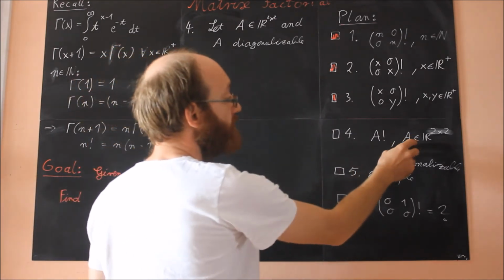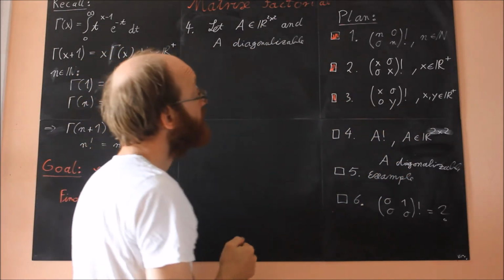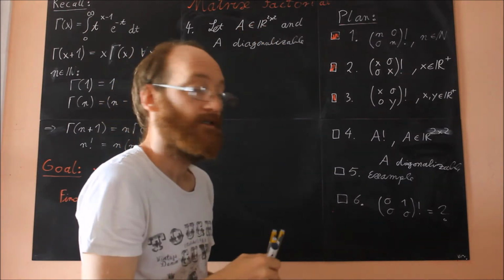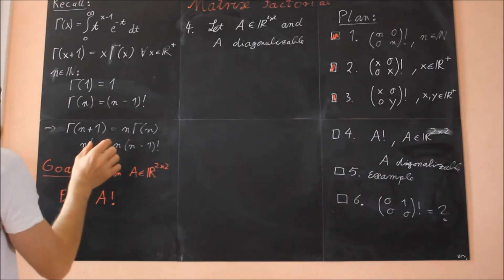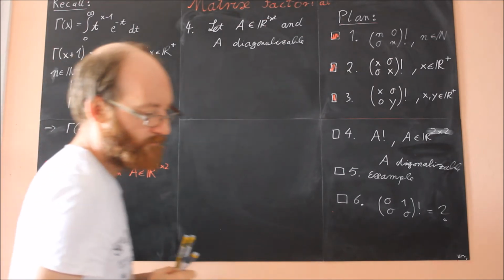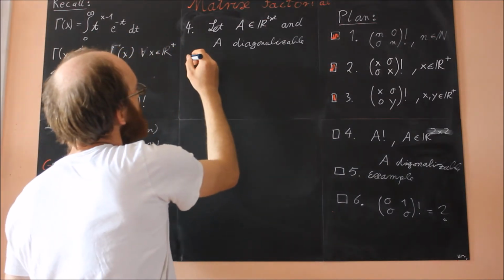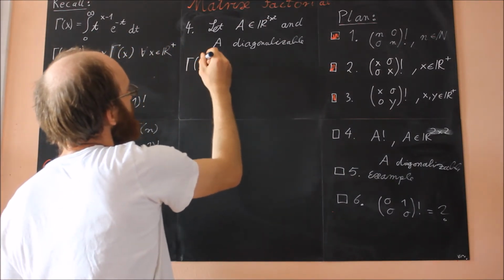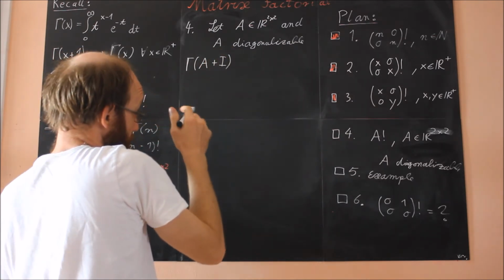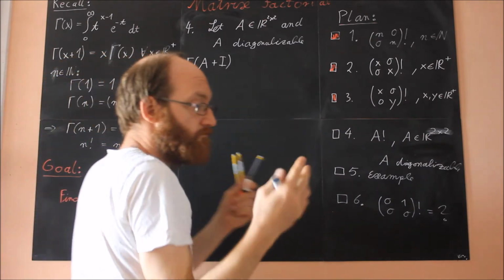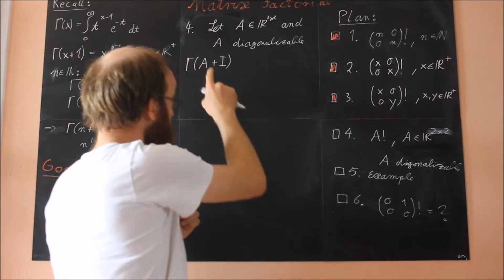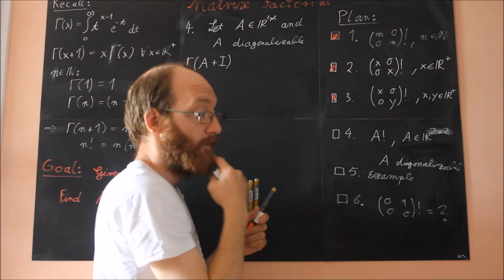Now we take care of an arbitrary 2x2 matrix, and we let A be also diagonalizable, and now we try to compute this recurrence relation, and therefore here we start with gamma of A plus I, and I is the identity matrix, and this is already diagonalized. A is diagonalizable,